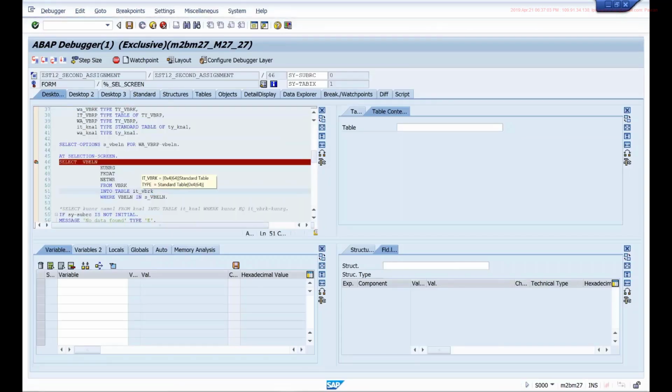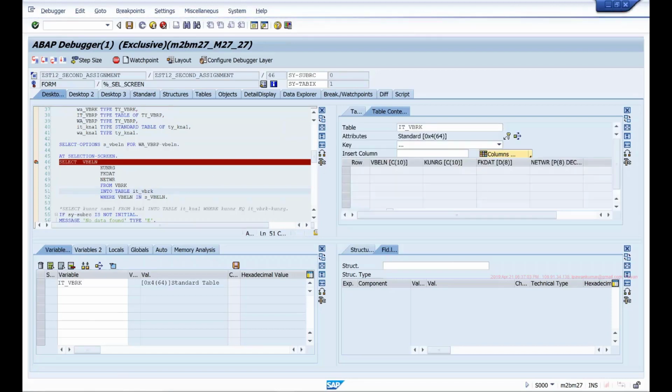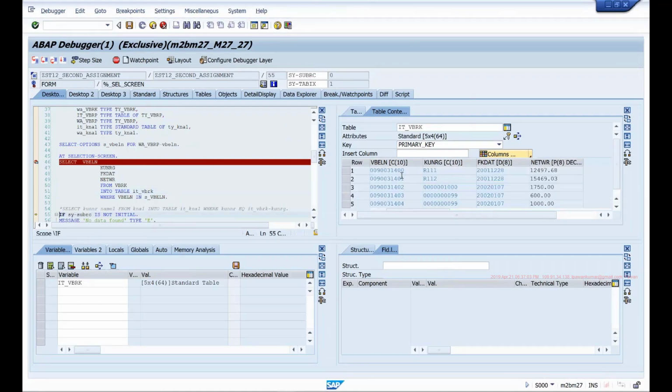Here what I want to do is, once I execute this select statement, it has fetched all these documents from VBRK, and for all these customer numbers I'm getting, I want to compare the values in this particular column to fetch the names of those customers from KNA1.